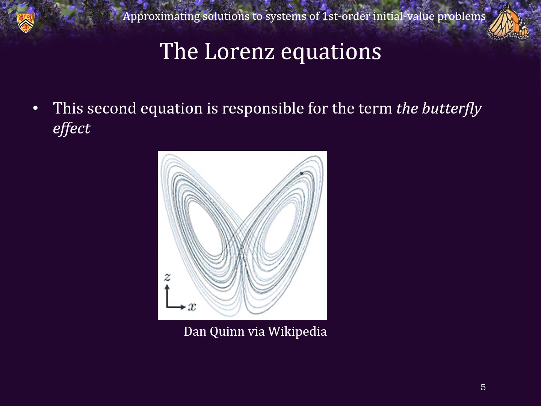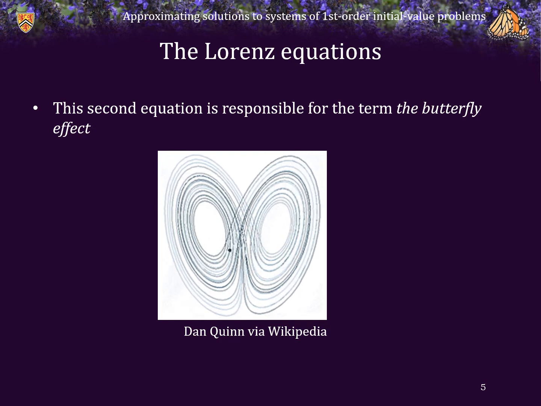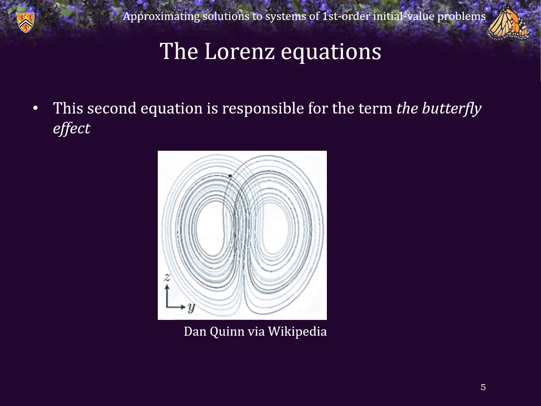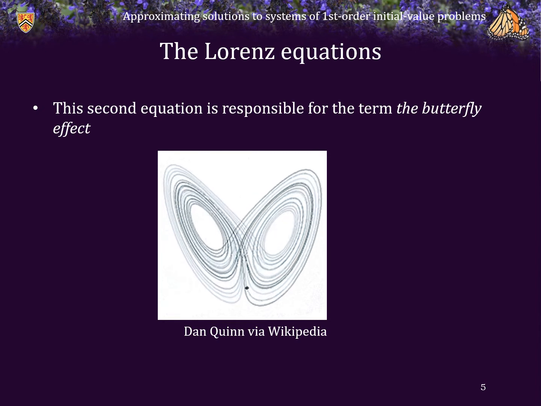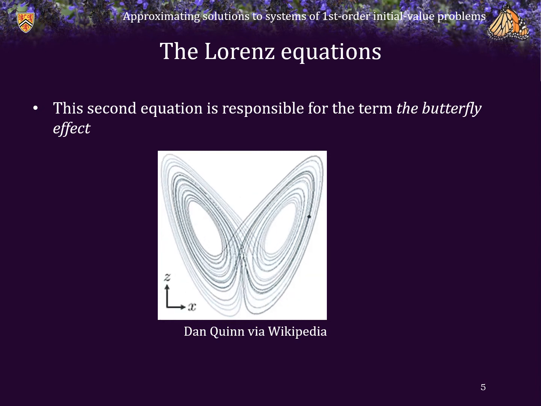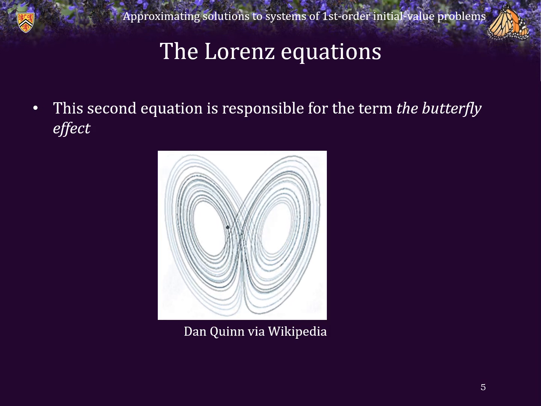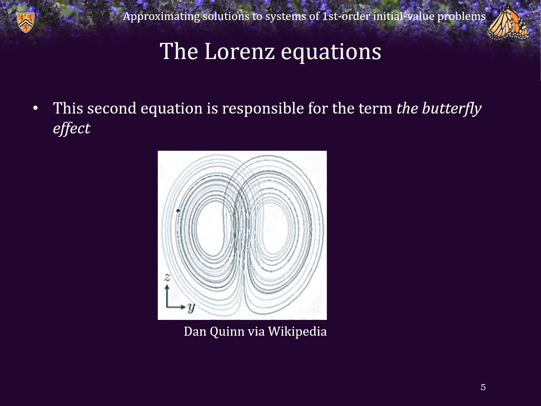Now this second initial value problem is a collection of three equations called the Lorenz equations. And this introduced the concept of chaos theory into mathematics. What's really fascinating here is the reason this was so revolutionary at the time is a result of initial value problems approximations. The equations that we saw on the previous page are a result of analyzing and modeling natural systems, specifically weather patterns. The individual, Lorenz, was